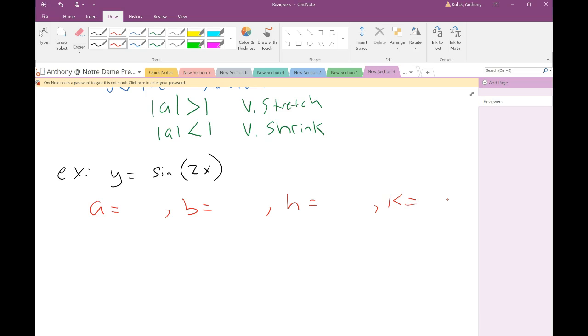So for this one, the value for A is 1. The value for B is, this is 1 over B. So this coefficient will actually always be the reciprocal of the B value. So instead of the B value being 2, the B value is 1/2. So just be careful on that. The B value is always the reciprocal of that number. The H is